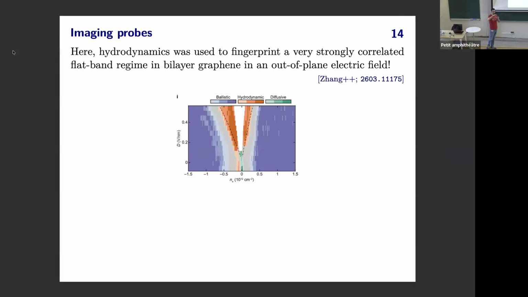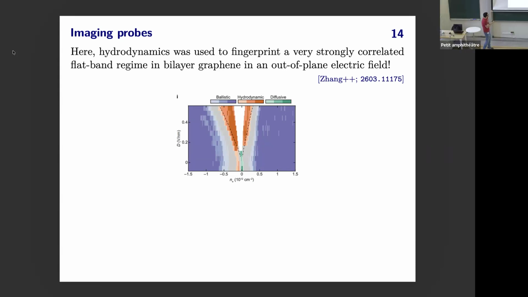By tuning the strength of this electric field, you can manipulate the band structure and make it flatter. In 2D materials, one can also tune the carrier density, so basically changing the Fermi energy. We were able to map out a transport phase diagram with diffusive transport near the charge neutrality point. I don't have time to explain why we expected that. And ballistic transport at high densities, and then at fairly low densities, but non-zero displacement fields, we see, even at around 10 Kelvin, very strong signatures of viscous flow.